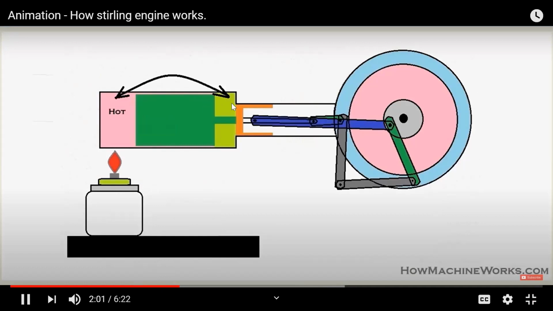Here he is trying to display hot and cold. Cold is mentioned in green and hot is mentioned in a different color, pink. And the middle thing is nothing but the piston. He's trying to explain it. So here the piston movement is going to take place to and fro. I think everybody knows about the reciprocating piston. As a common point, we can observe these points.